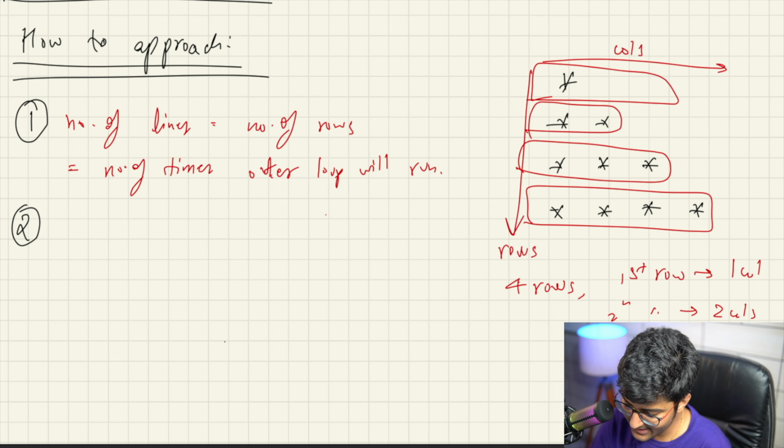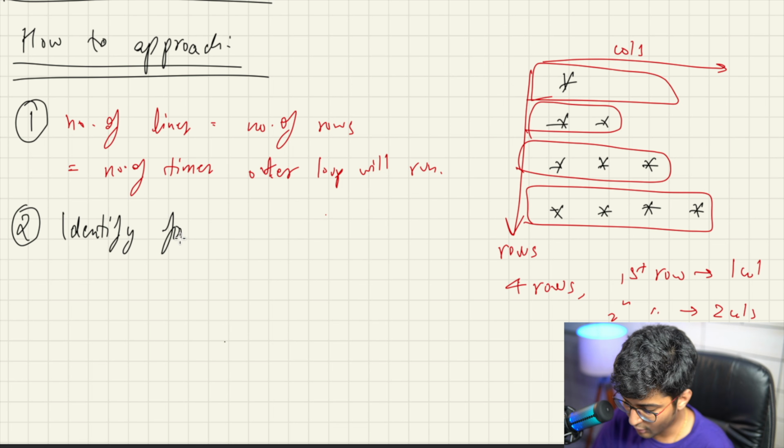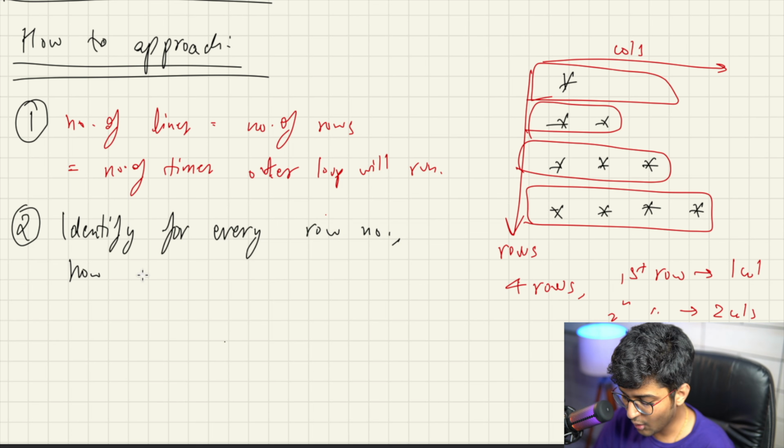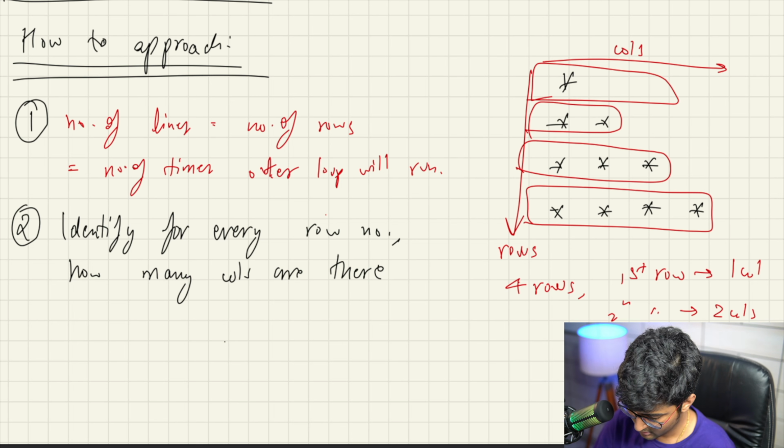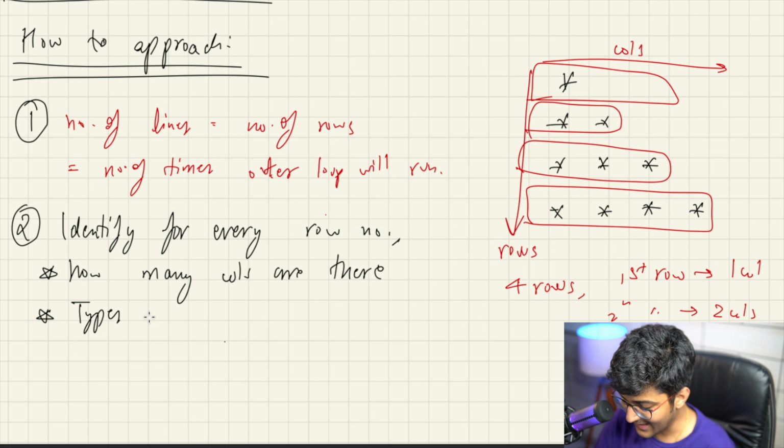So basically identify for every row number how many columns are there, or types of elements in the column.